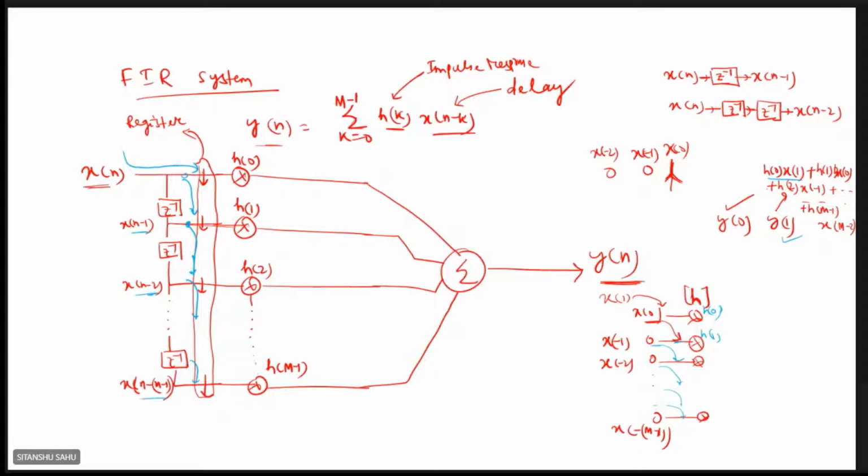Okay. So once you define this intermediate register, the values in the register will go on shifting one by one, and the first value of the register will be occupied by the new value of the input, and what was there in the register earlier will shift one unit. Once you do that, multiply with the h of n values, and then the summation will give you y of n. Clear? So this is the FIR filter design, means FIR system design.